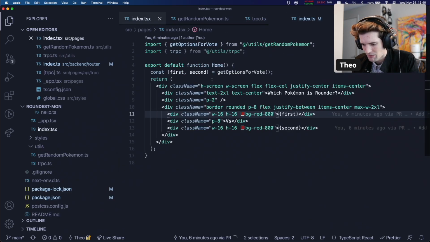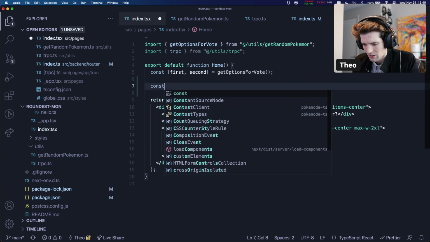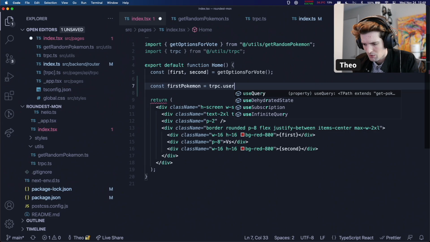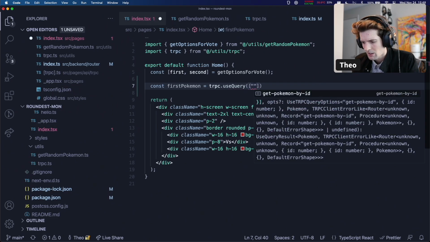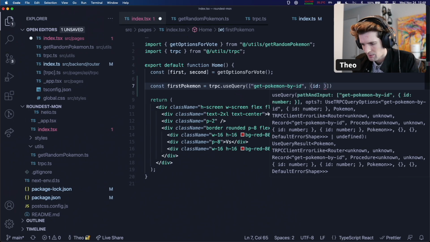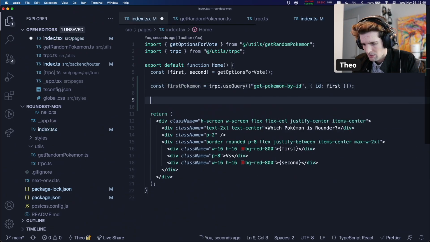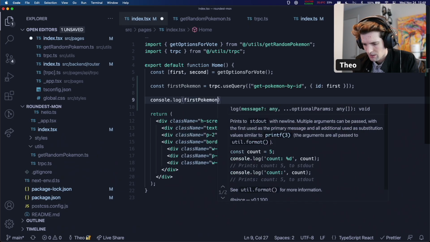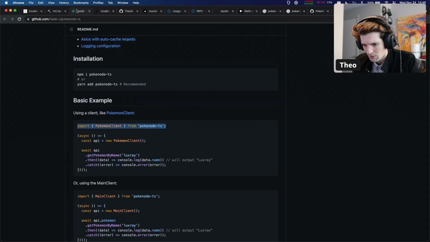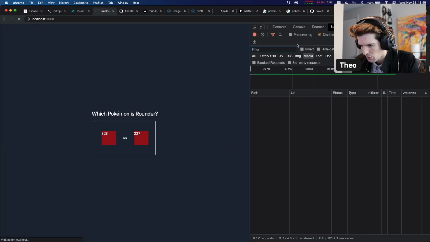And then on the front end, I'm just going to console log this. Const first Pokemon equals tRPC.use query get Pokemon by ID. It's going to type error because I haven't given it an ID yet. We'll just give it ID first. Console.log first Pokemon.data. If I did this all correct, either we're going to get a type error because I'm trying to pass something that it's not friendly with, or